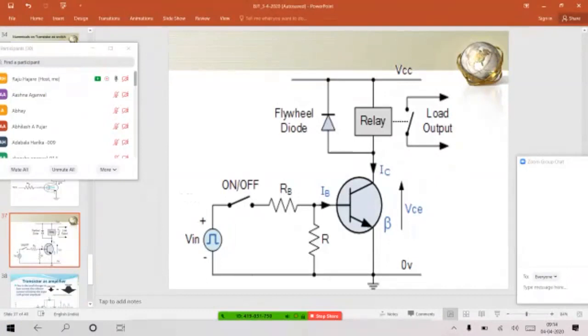You have a winding in the relay, and by energizing that winding you can drive the load, any load, maybe a machine, which is operated with this relay on and off. Again, it works as a switch, but with a different mechanism. The energized coil will energize another device, the machine or the motor, without